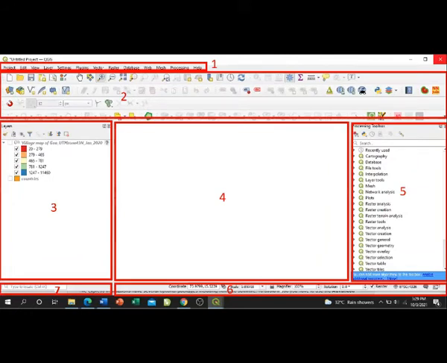Now, after this, I will take you back to the screen sharing, and I will get you back to the launching of the QGIS.